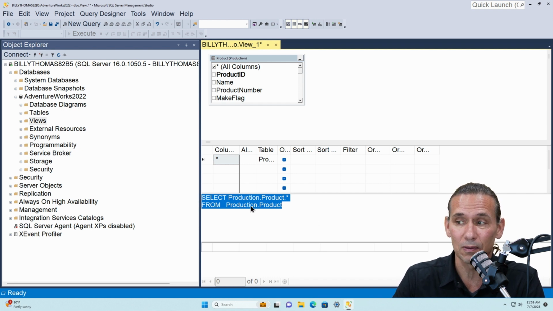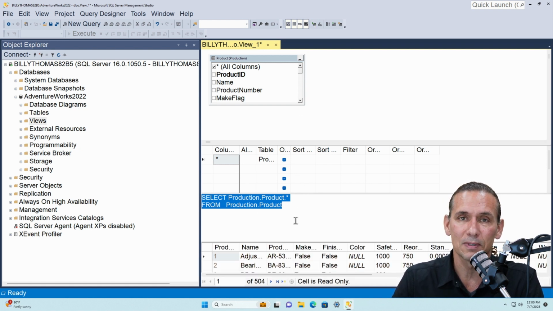It actually types the SQL for us. It's saying select star from product. And then if we execute that, we can see the columns and the rows. We're going to stay here and use this query designer to walk us through the next flyover, which is the